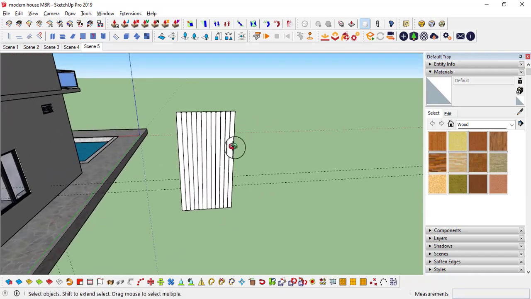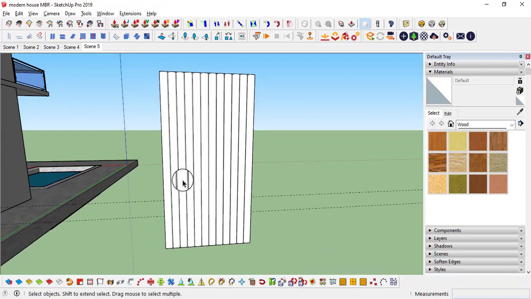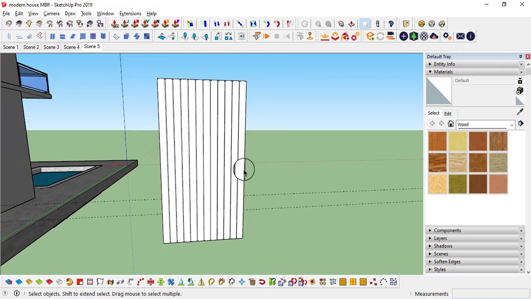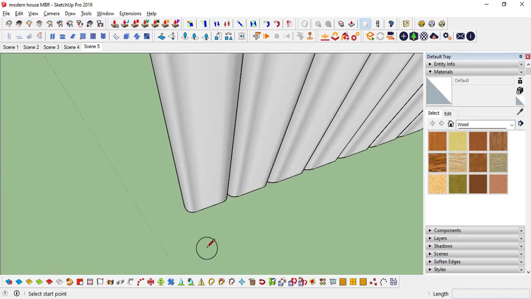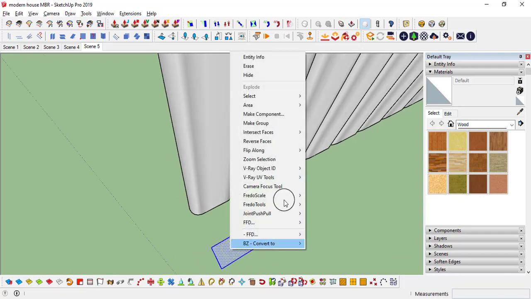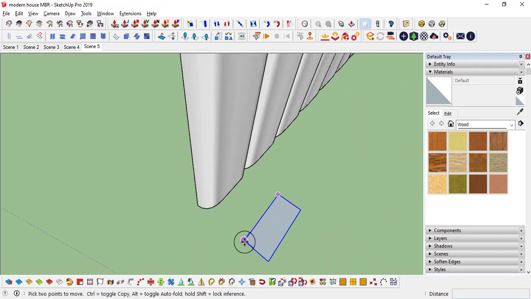Once we have done this, on top of it I need to make some designs like gold frames. So I'm going to do L, 6 inches, and in this direction 2.5 inches, and in the red direction close it, make it a group first and move it to this end.